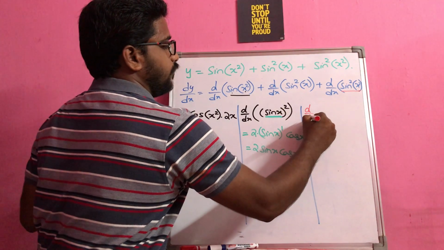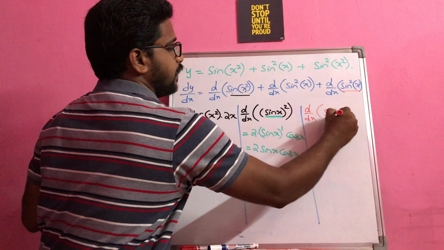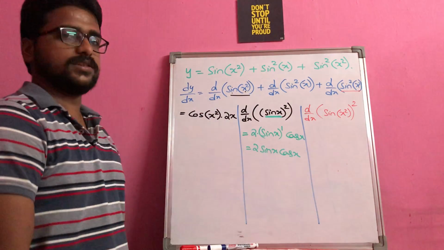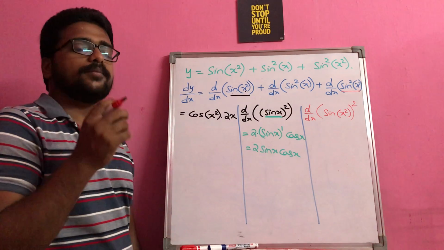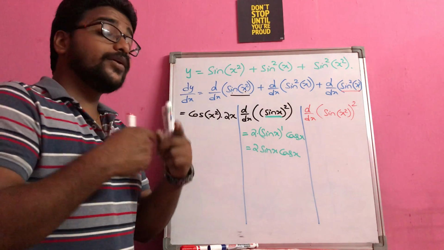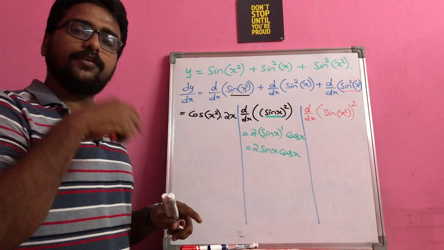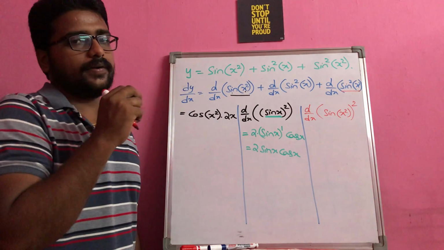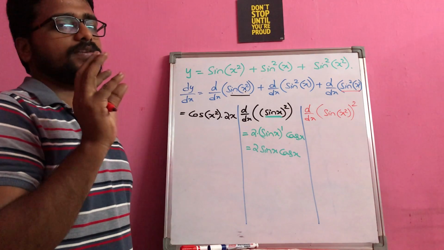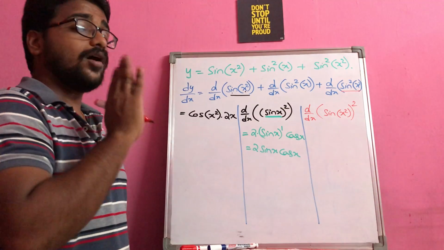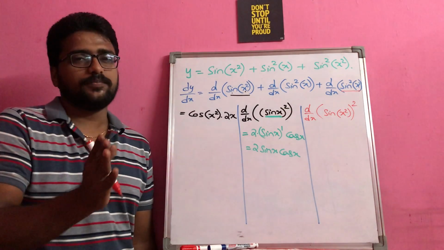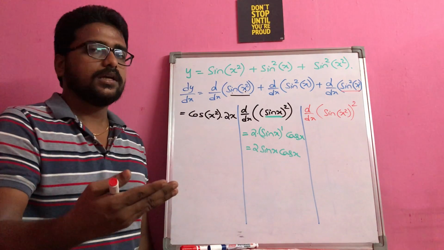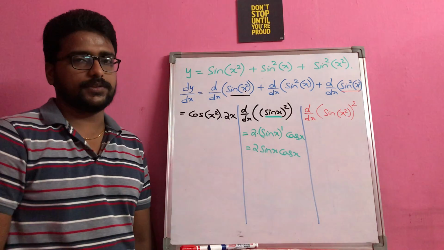Again try to identify what is the outer function. Sine of x square whole square. This is my function. See, every time you just have to rewrite the function so that it will give us an idea. If you keep the question as it is, whatever they had given, for sure there are high chances of getting confused and not getting any thought of how to proceed. But you should modify the function according to your own wish, and then accordingly proceed.